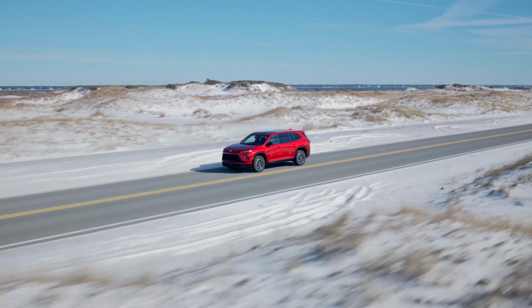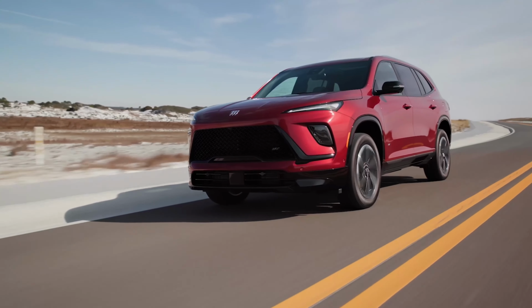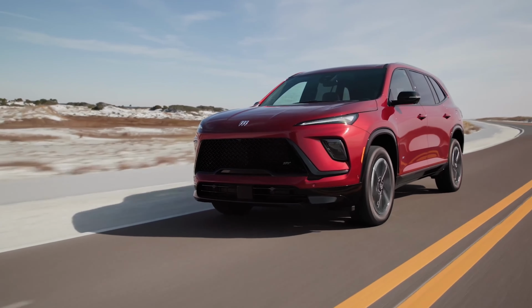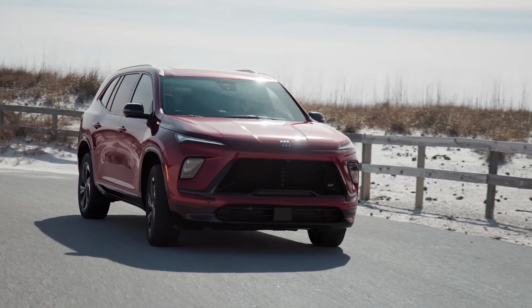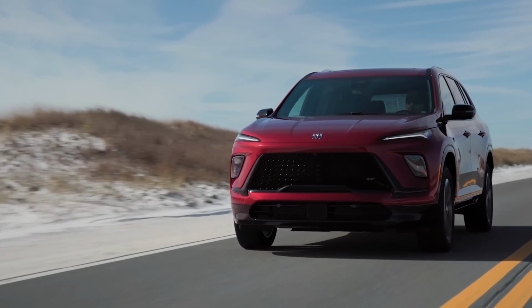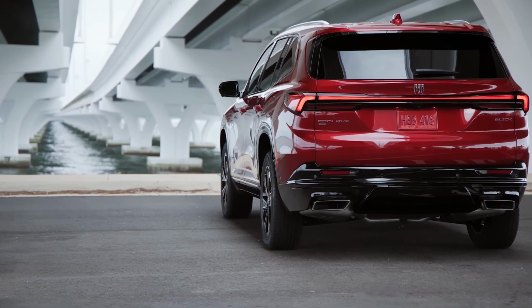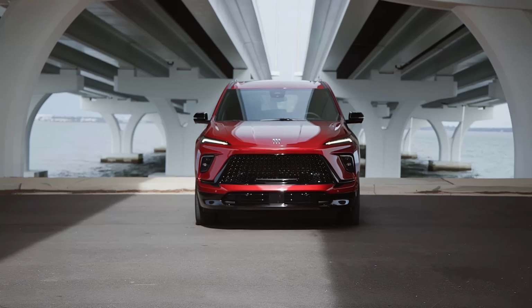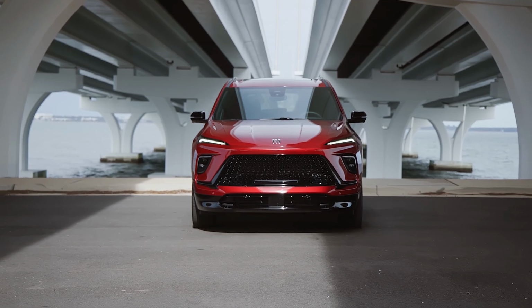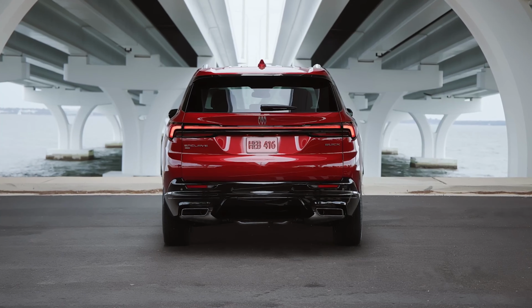And we do have here 3 different trim levels. The base model is known as the Preferred. Then you have the Sport Touring, also known as the ST. I'm surprised that they are calling it the ST. I thought Ford would be pissed, but then again, the world can do as it pleases and nobody bats an eyelid. So the mid-level trim is going to be known as the Sport Touring, and at the top you have